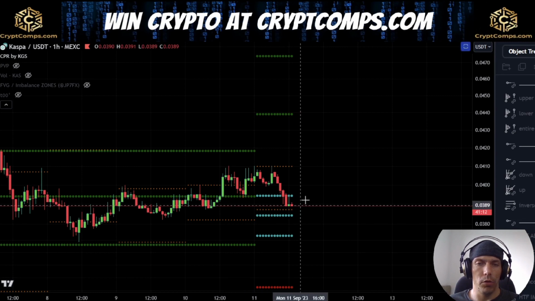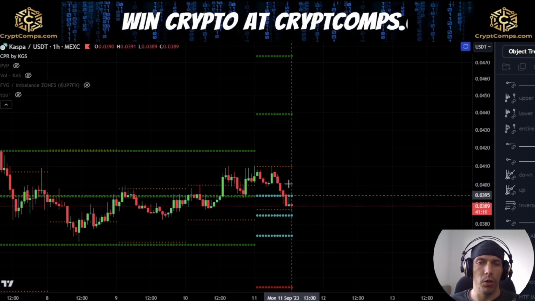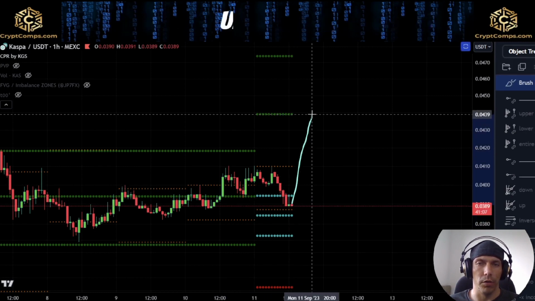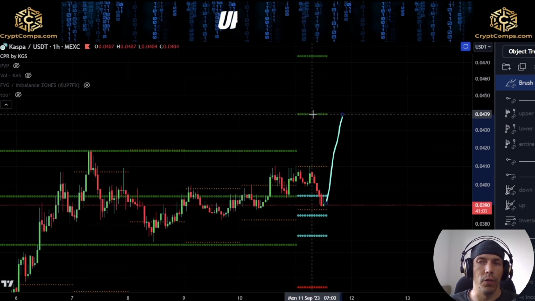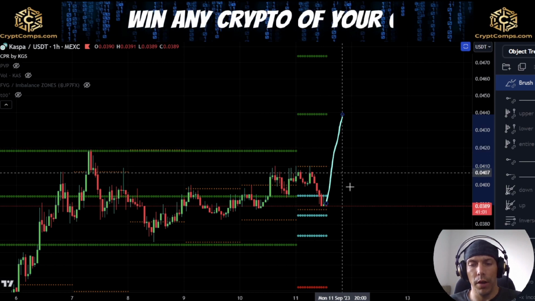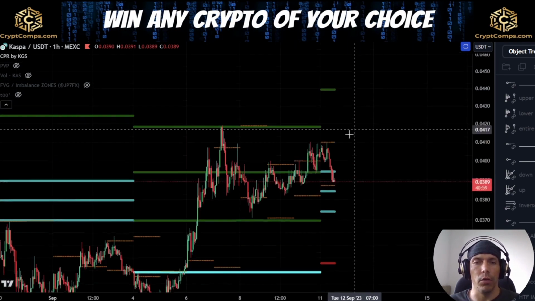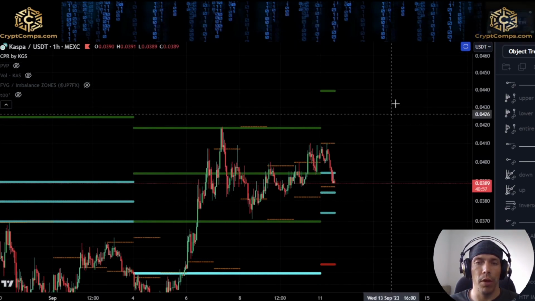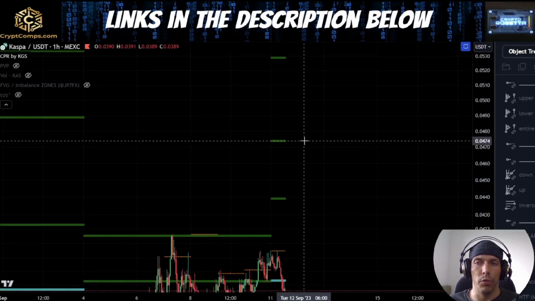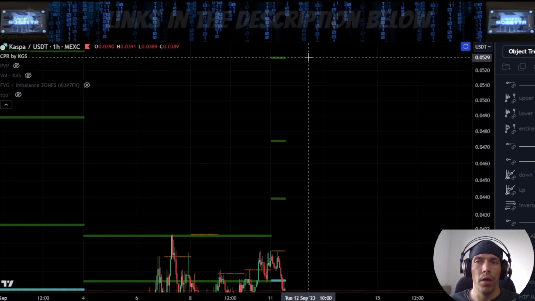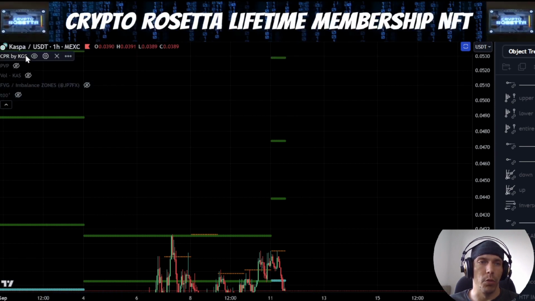Now, if we do look to hold these central CPR lines, we do have the potential here that we could see price look to move back to the upside. This upside target is currently sitting at this 0439, which would align with that idea of seeing that continuation to the upside for that fifth wave potentially and looking to push us up. Other targets to the upside for this week would be 0474, 0529 as possible upside targets.